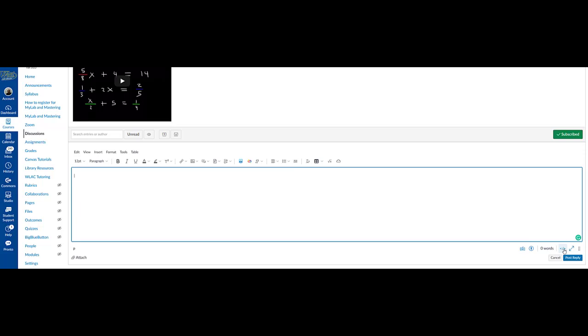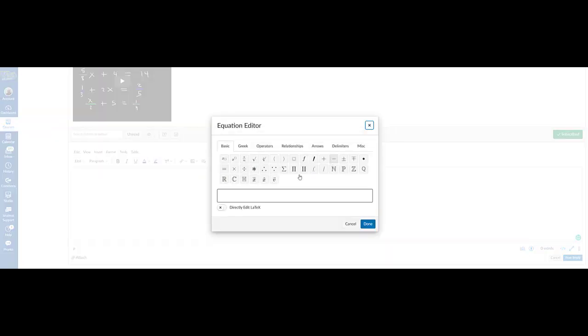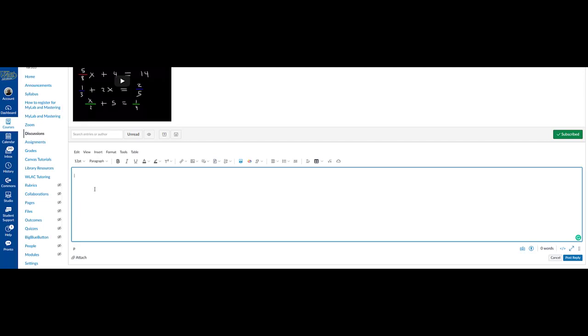When I am in the text editor mode, you have an option of posting your math characters by clicking on this icon here, insert math equations. If you click on this link here, it allows you to compose a formula. That's one way to post your questions. Or you can just simply take a picture of the problem that you want to post and embed your pictures there. And if you go to the discussion again,